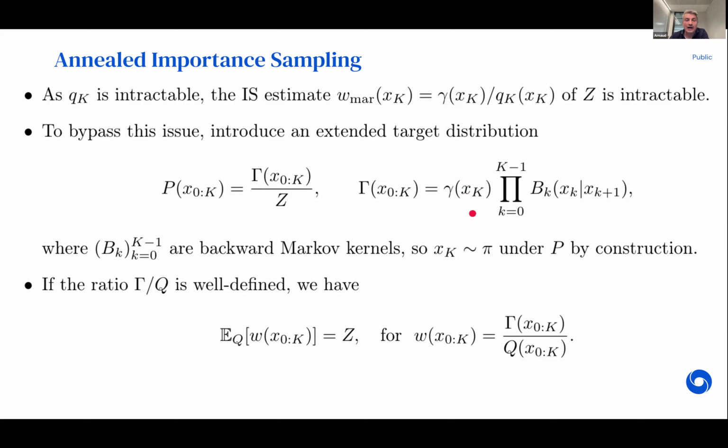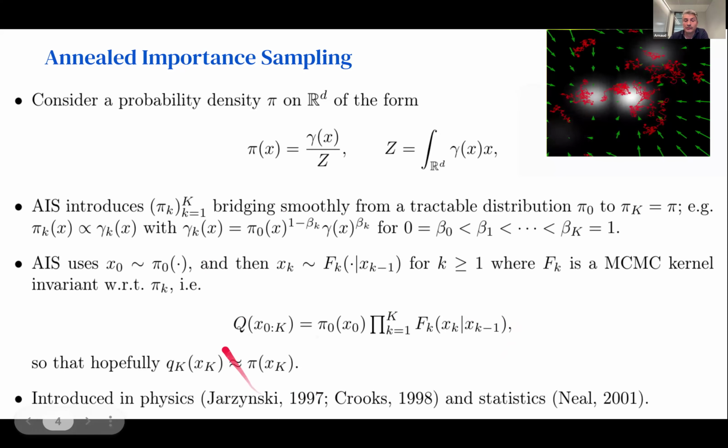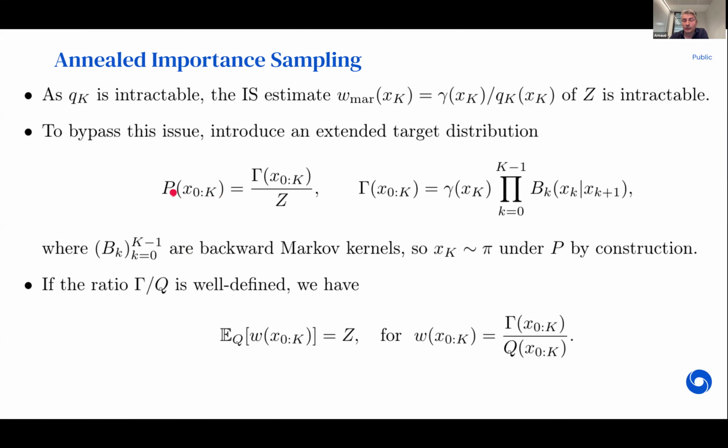Okay, so now I'm in the context where I have a proposal distribution, which is on the space of non-homogeneous Markov chains, which is Q. I have a target distribution on the same space. So essentially, I can do importance sampling, if I've been careful in the way I define forward and backward. I've skipped the measure theoretic notation here to make the talk simpler.